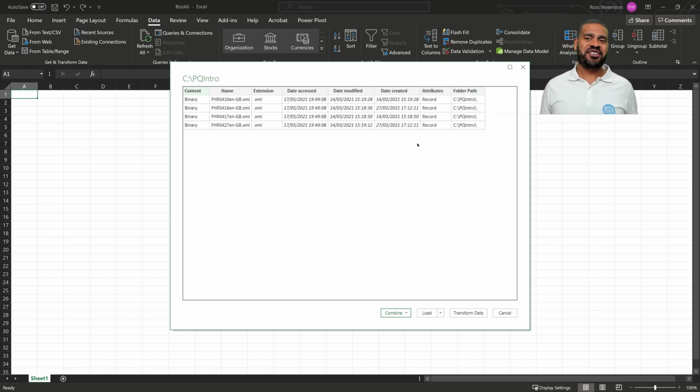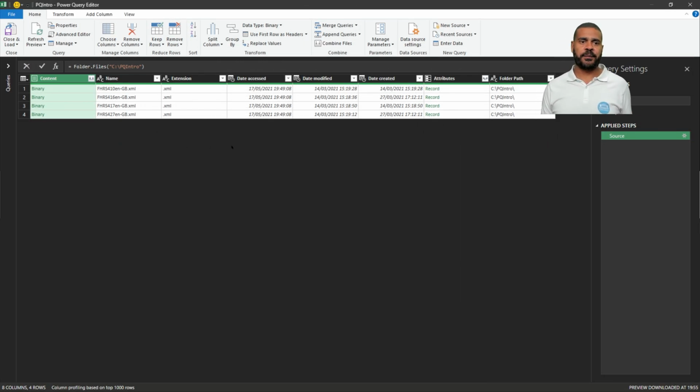Okay, this is intuitive or non-intuitive step number 2 for Power Query. It's the same with Power BI. Hit transform data. I wish it was the default one. Transform data is the right thing to do. Once you've pulled these through, this is where you can do some filtering and limit to make sure you've got